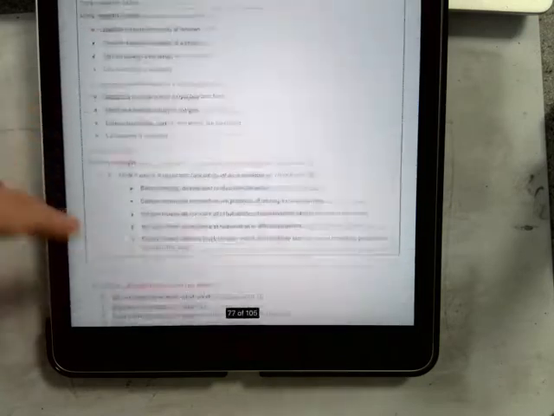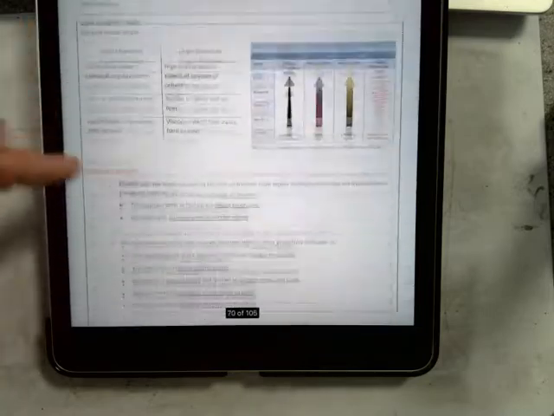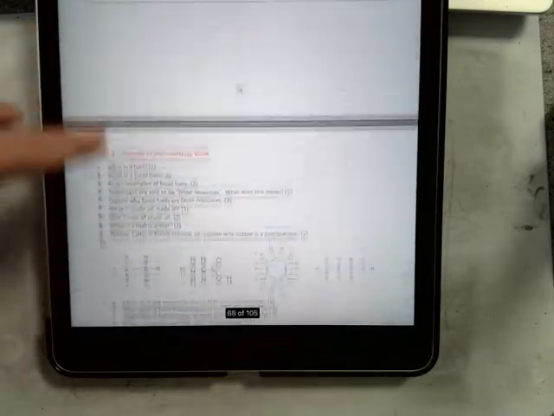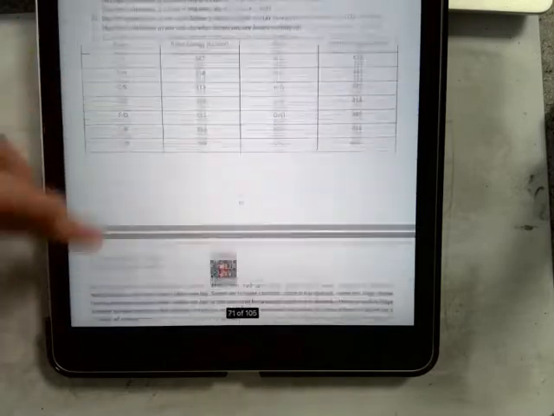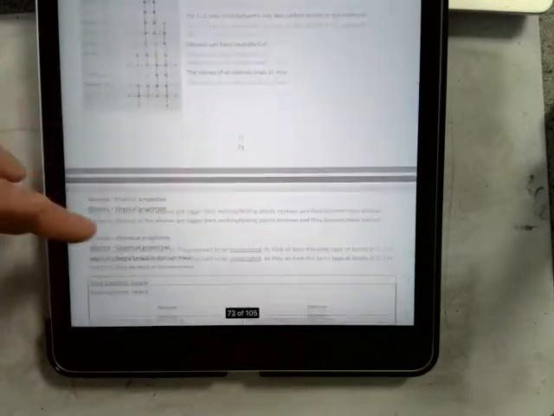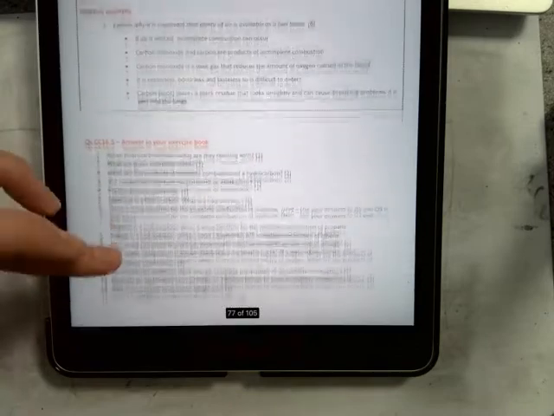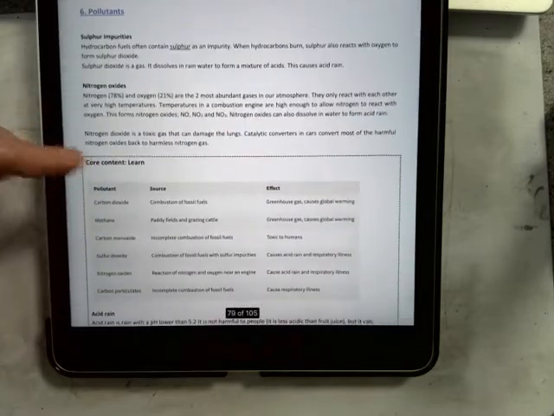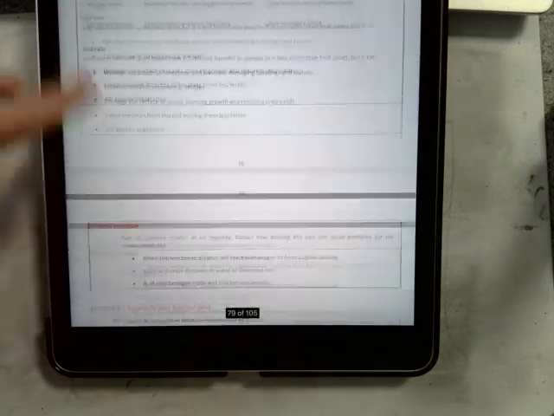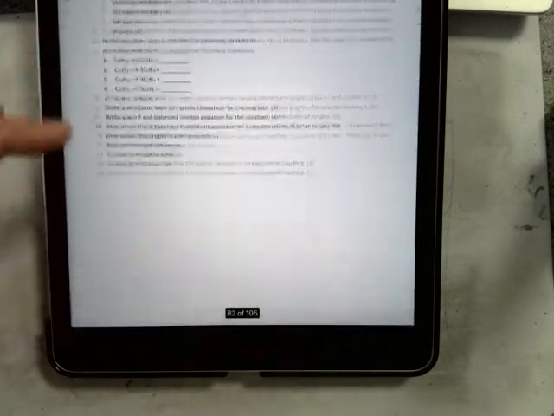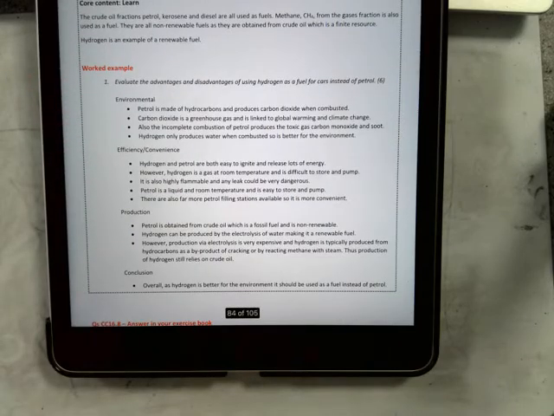Specifically, I would say learn all of it. You've got a couple of potential 6 markers. You could get a 6 marker on fractional distillation, on the process of fractional distillation. They could absolutely do that. They could give you a 6 marker, or they have in the past, on combustion and on complete and incomplete combustion. You could also get a 6 marker just on climate change and on pollutants. They've also highlighted the atmosphere as a key topic. You can get a 6 marker on hydrogen as a fuel,